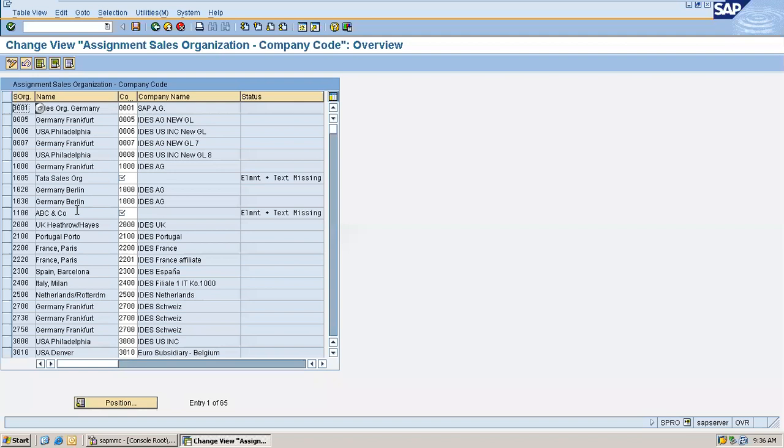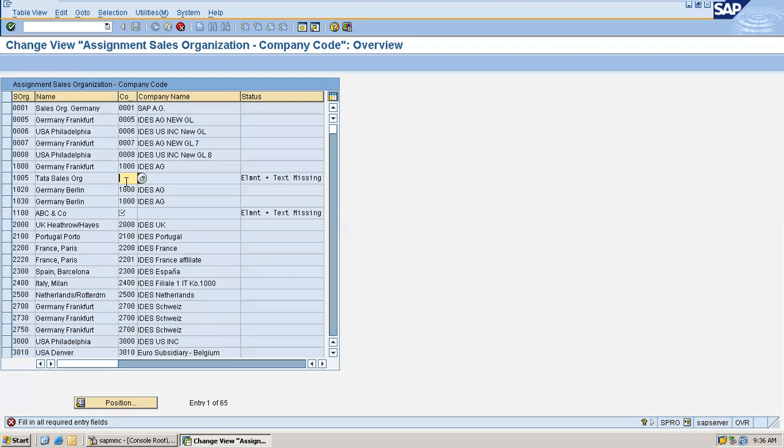We get a company code from the finance team, then we assign it to our sales org. See here, it is already asking to assign a company code for my sales organization. I have a sales org 1005 and it is not assigned to any of the company codes.